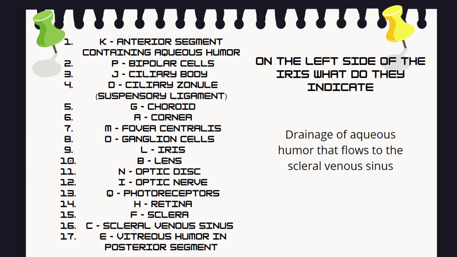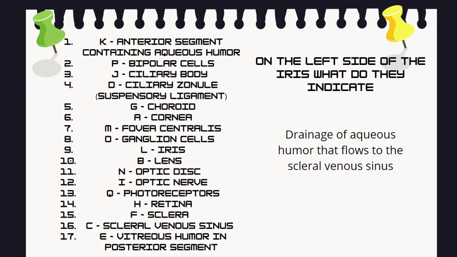Number 3 is J, ciliary body. Number 4 is D, ciliary zonule, suspensory ligament. 5 is G, choroid. 6 is A, cornea. 7 is M, fovea centralis. Number 8 is O,